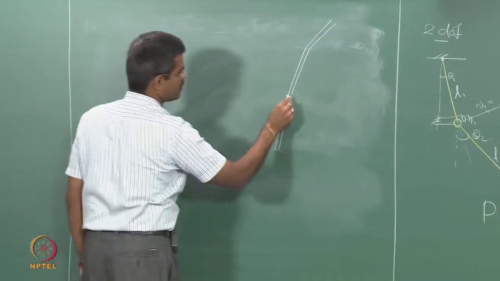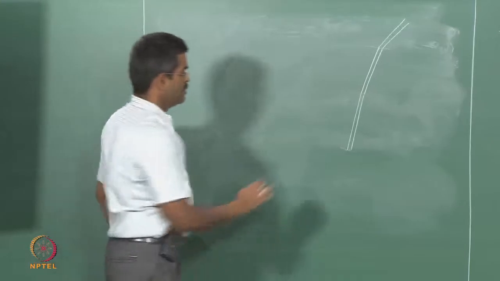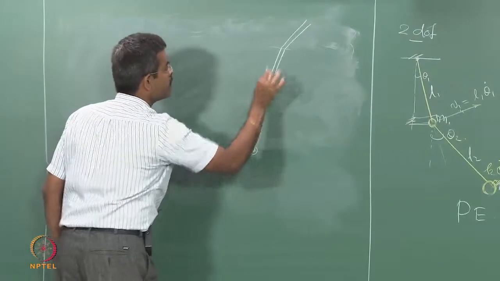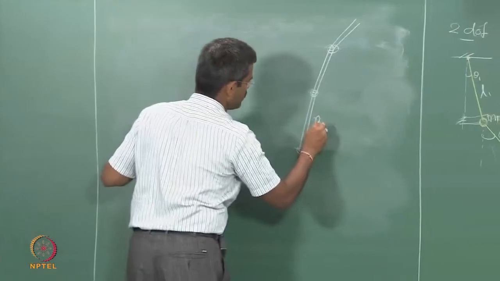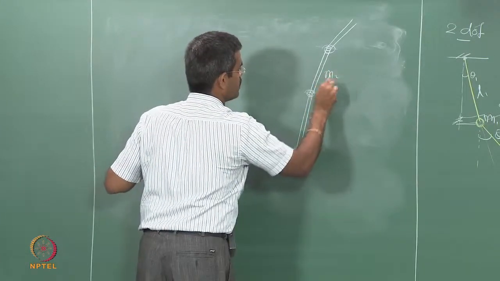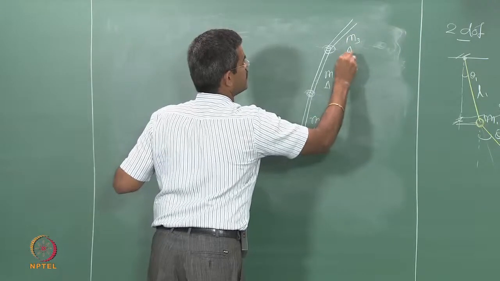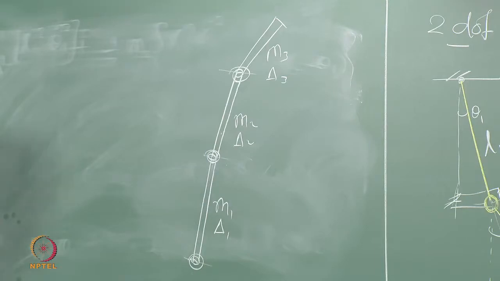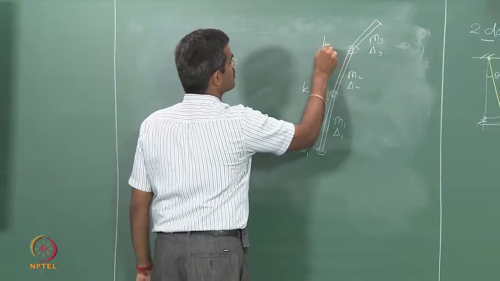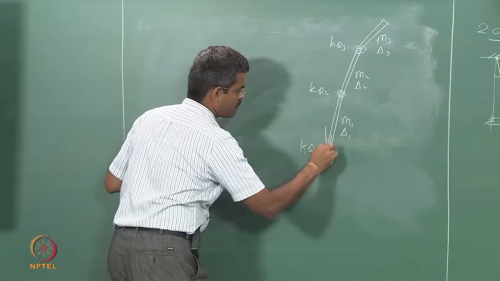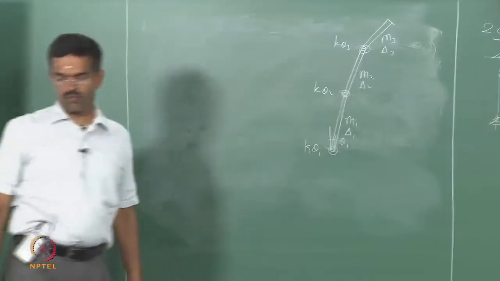Okay, they are not parallel, this and this are not parallel, they are hinged. So, there are some spring restraints here which are those universal joints. I call this m1 delta 1 displacement, m3 delta 3, and the rotational stiffness I call this as k theta 1, this as k theta 2, this as k theta 3, where theta 1 of course is with respect to initial vertical to the center, this is theta 1, and so on and so forth.